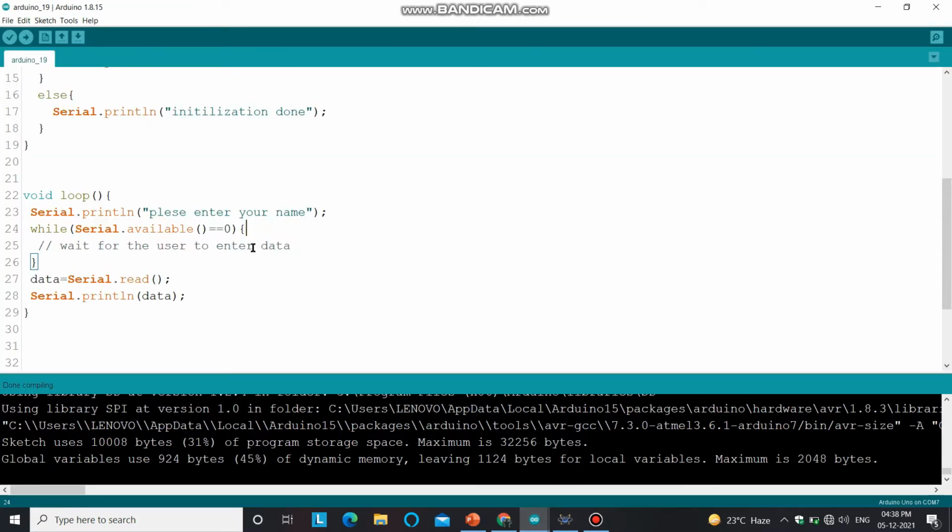you have to again create a similar loop here, but this time, instead of using an empty loop, you have to use serial.read, and you have to change this serial.read function to serial.readString.